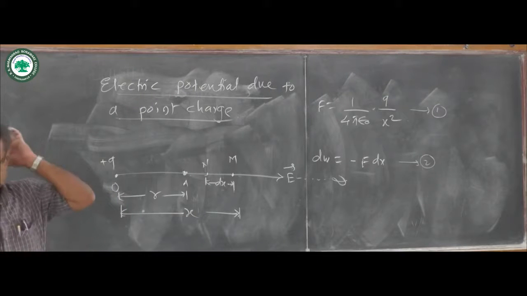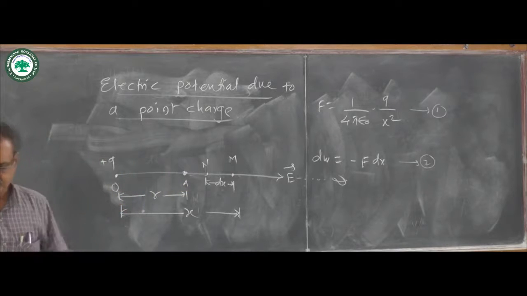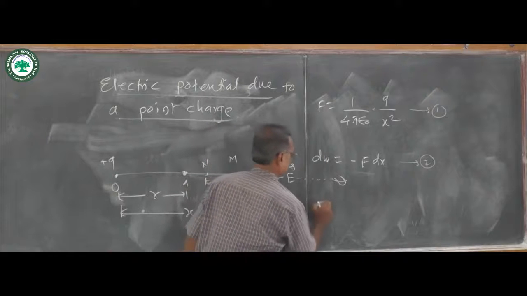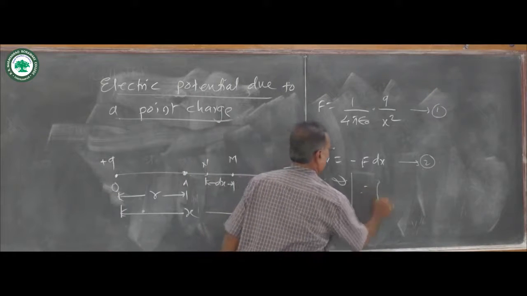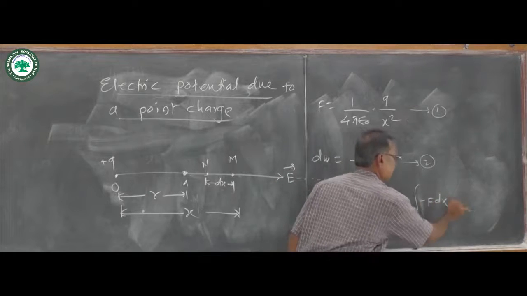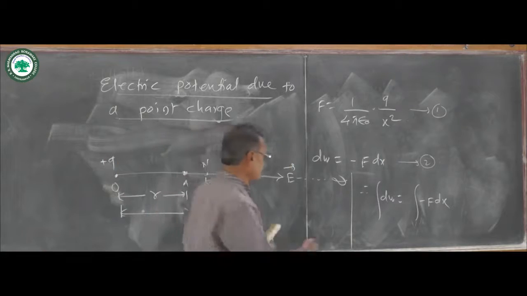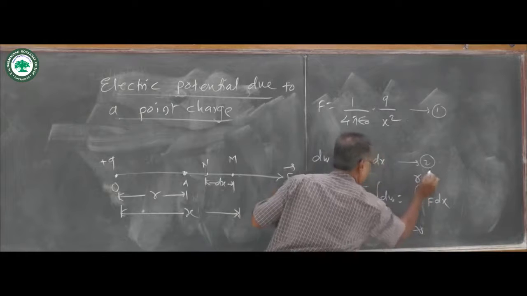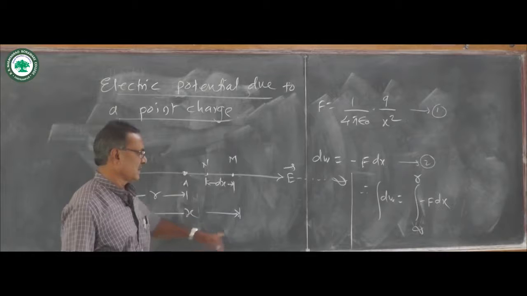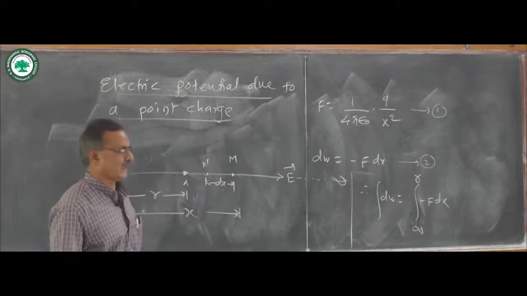Then we have to find out the total work when the charge is displaced from infinity to point A. So we have to take the integration of this term. Therefore, integration of dW is equal to integration of minus F dx, and the limits will go from infinity to r, where r is the distance of point A from O. The charge is displaced from infinity to the point A.